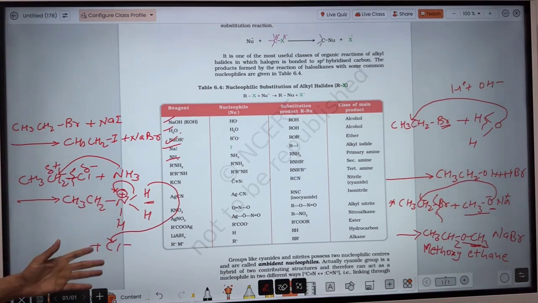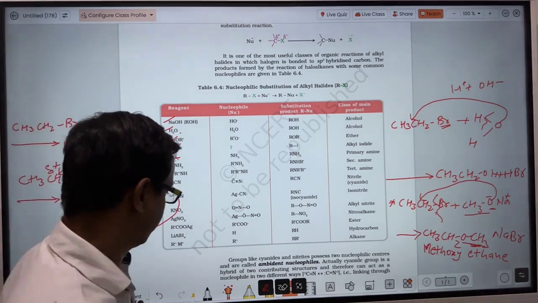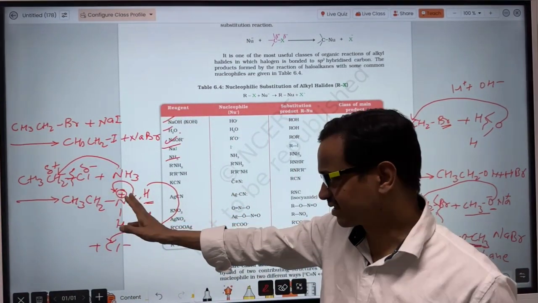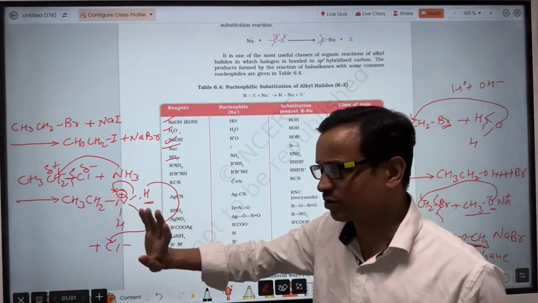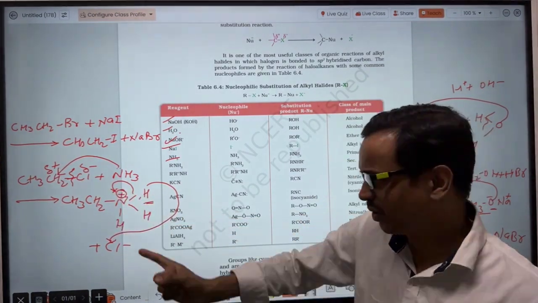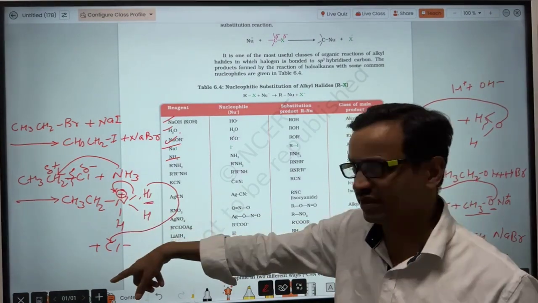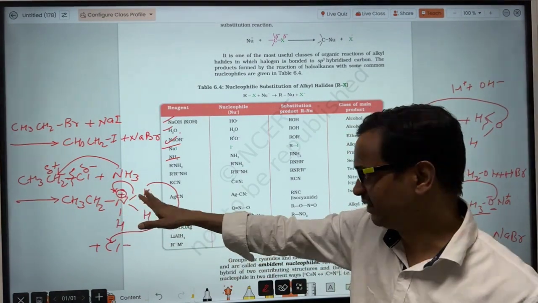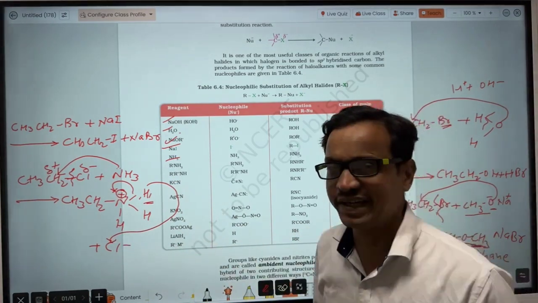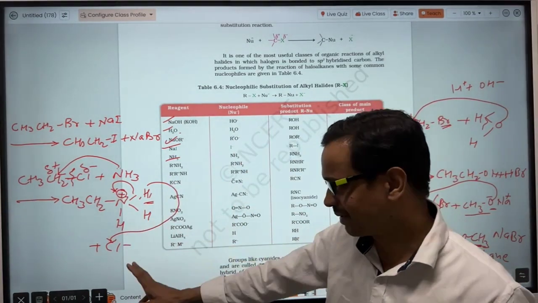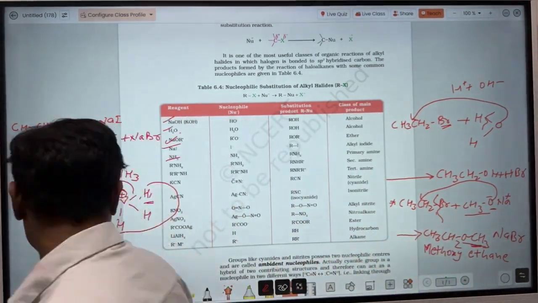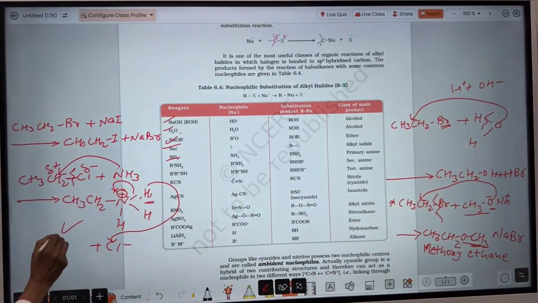What is happening here? Since there is a positive charge on the nitrogen, the nitrogen will attract the NH sigma electrons towards itself. So again 2 electrons will come to this nitrogen, one of its own and one of the hydrogen. So the hydrogen will be released in the form of H+, and here is Cl-. So this H+ will combine with this Cl- and will form HCl. So here the structure will be